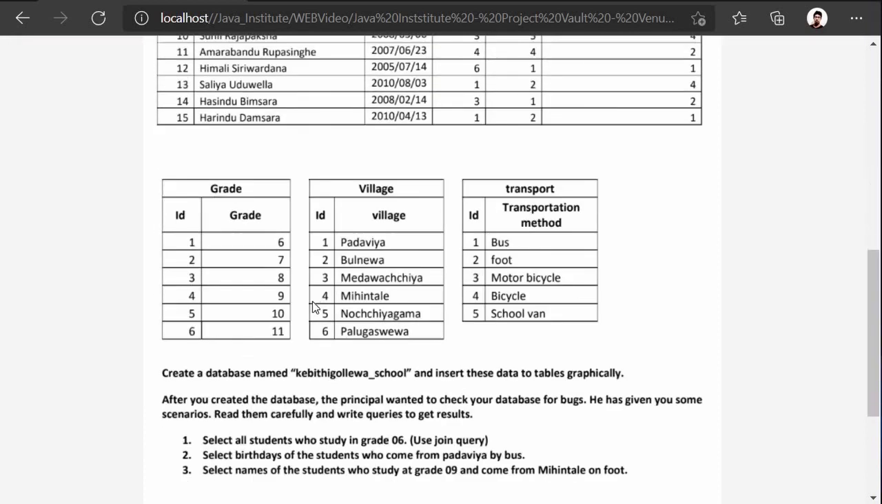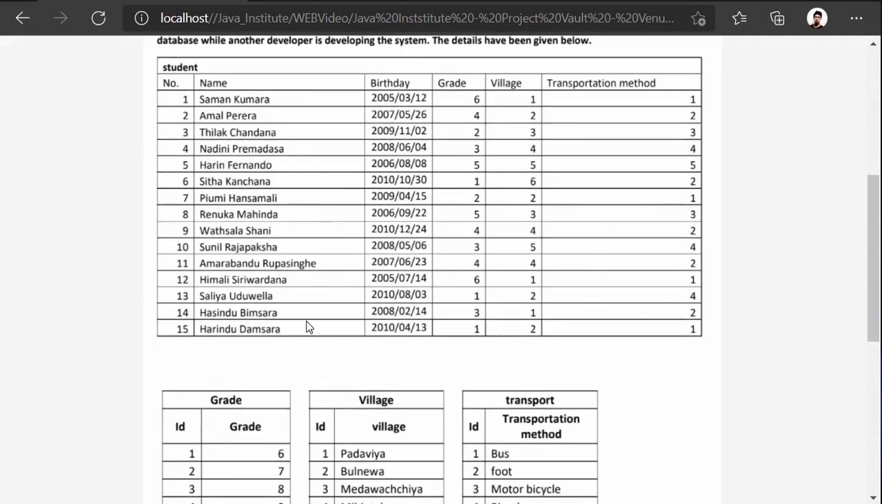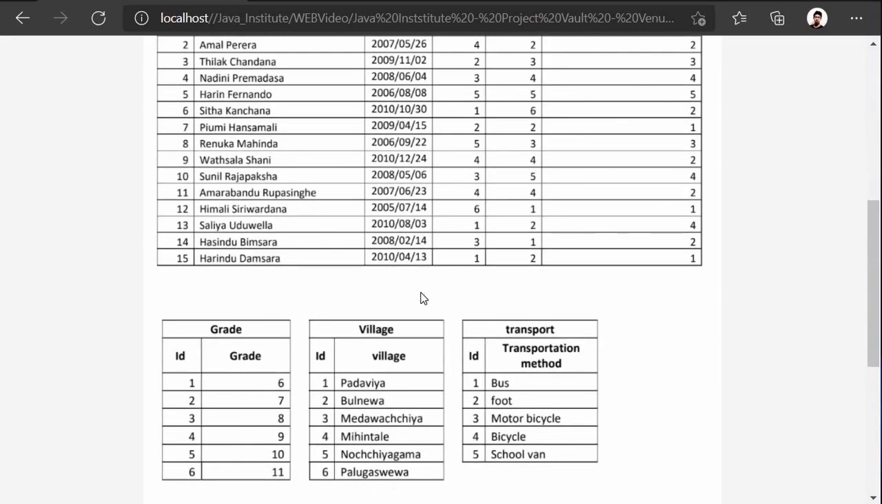I read the context, and let's see what we have to do in this question in order to complete it. Create a database named Kabithigolava School and insert this data into tables graphically. There are 4 tables. We have to create these 4 tables and then insert this data into them. But before everything,